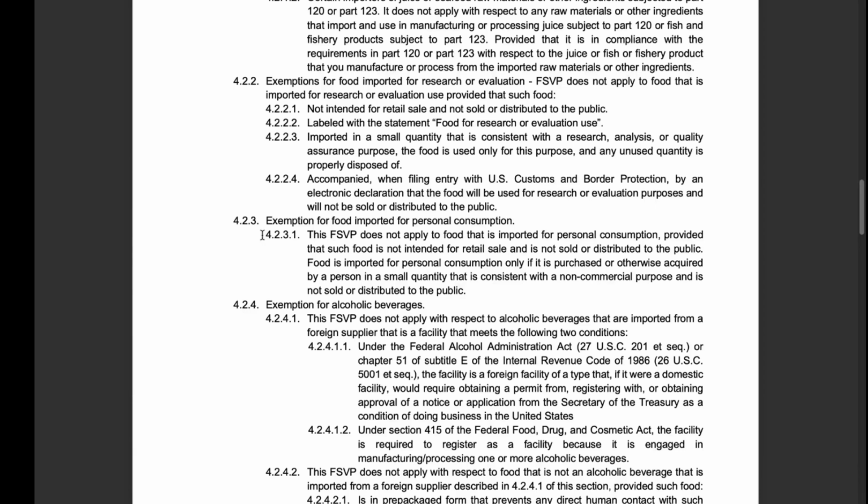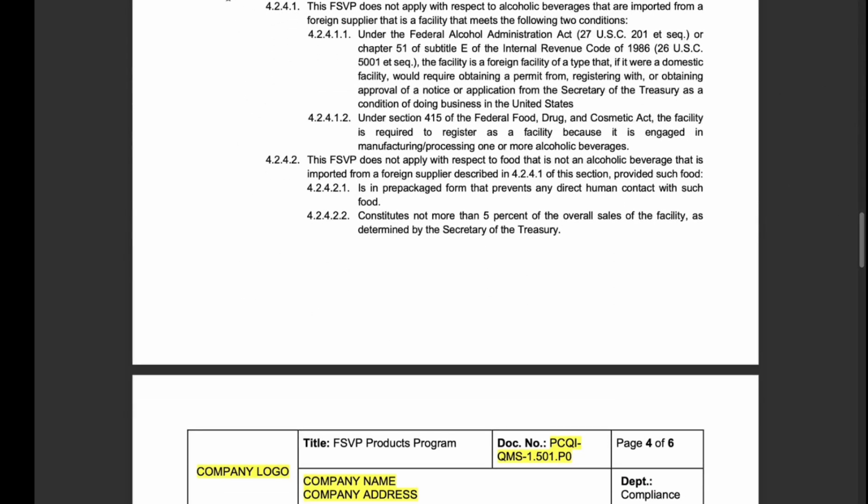Food is imported for personal consumption only if it is purchased or otherwise acquired by a person in a small quantity that is consistent with a non-commercial purpose and is not sold or distributed to the public. Exemptions for alcoholic beverages. This FSVP does not apply with respect to alcoholic beverages that are imported from a